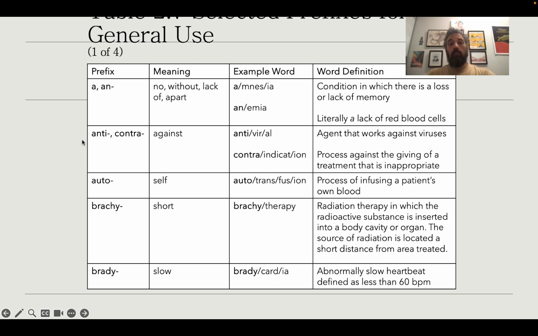Anti, against, same with contra. So both of these, depending on when you're actually going to be using them, are going to be meaning against. You may see anti, which is different from ante. So ante means before. Ante, like antechamber, is the chamber before you go into something, or the first chamber. Versus anti-chamber would be you're against chambers. It's a weird way of thinking about these things. But that's one that we should make sure